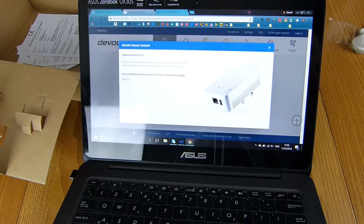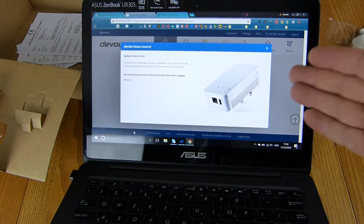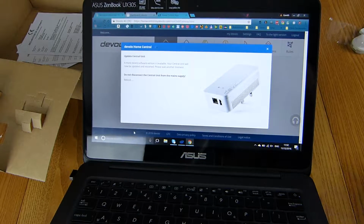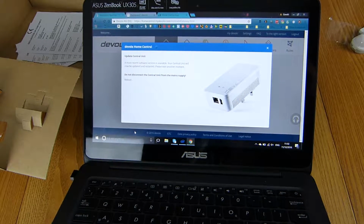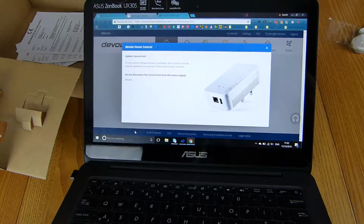Okay, so after a little bit of a fiddle, we've managed to get it working. It didn't seem to go through the app, but the internet website was able to take the serial number and then tell me that I needed to hit the tick button just here on the front of the control unit, and now it's updating the firmware automatically and rebooting the device. Something that could have been simply relayed through the app, but...